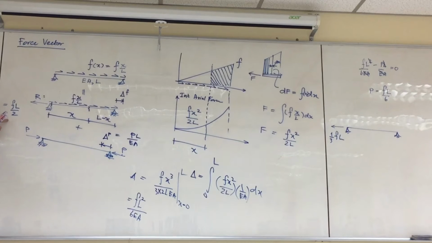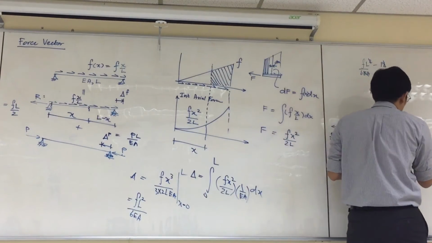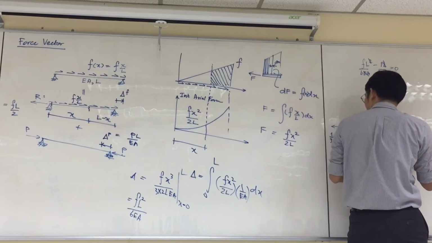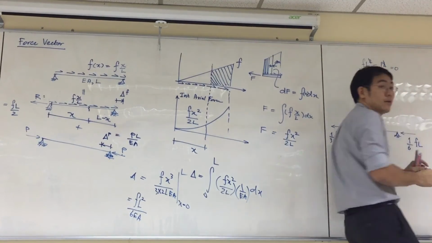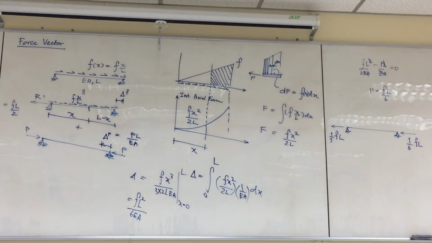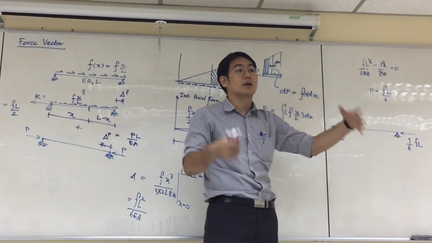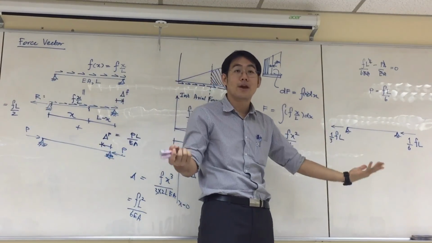FL over 2, and then FL over 6. And then the other side, 1/6 FL. You add those two up, 1/3 and 1/6, you get a half of FL, which is